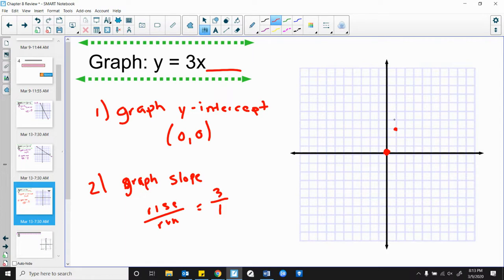And then go up 1, 2, 3, and over 1. Go up 1, 2, and 3, and over 1. Go a couple the other way. And once we have our dots and a good amount of them, we can draw our line